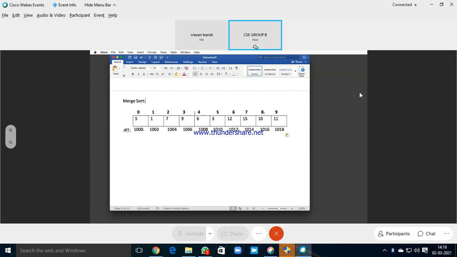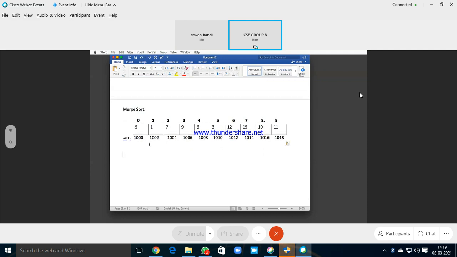Every time, I will divide the list into two equal halves. That's the only thing that we will do. If I want to show it graphically, MS is for merge sort. So merge sort takes these parameters, which are constant: the 1000 is constant, the array address,